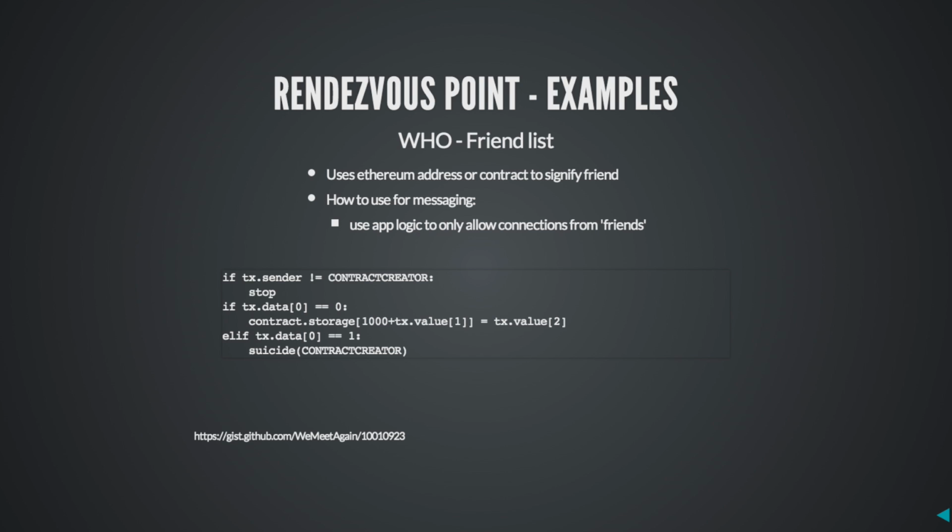If the first data 0 is a 0, it's going to store information. Otherwise, if it's a 1, it's going to suicide the contract. If it's a 0, you've got a key and a value that you're storing. So it's the index key plus 1000, which is an arbitrary value to get out of this contract code area. So a key plus 1000, and you're setting that equal to the value, which is your second